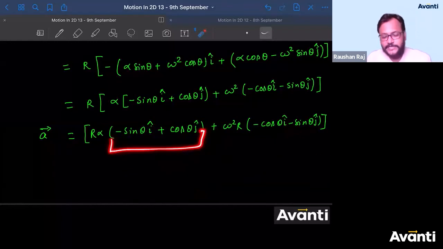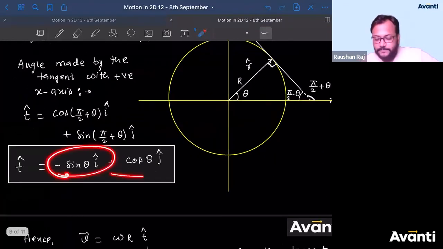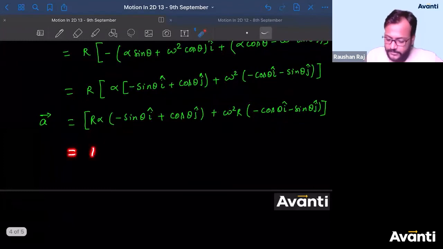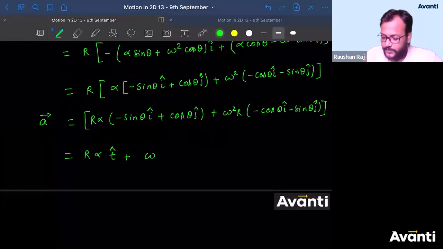That means this will represent a direction. Tell me which direction this vector represents: minus sine theta I cap plus cos theta j cap. This is nothing but the t cap. So can I write this as R alpha t cap plus omega square R into